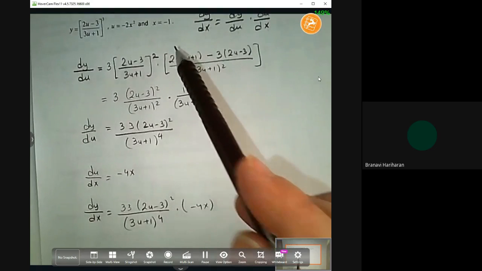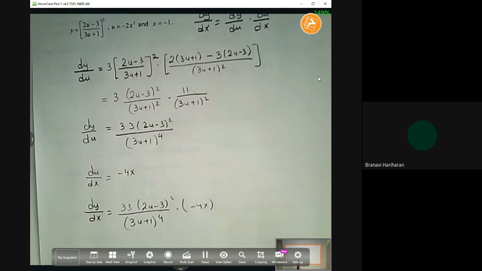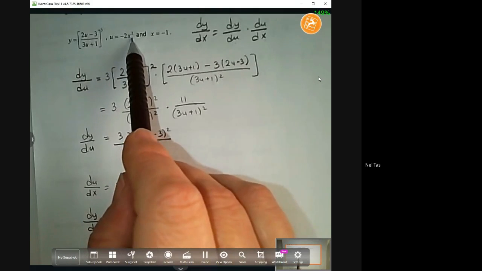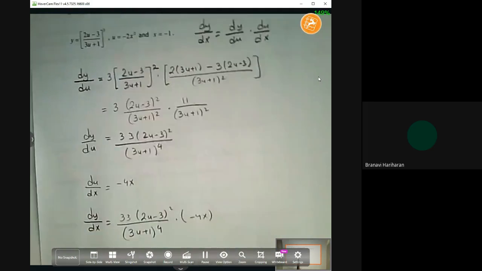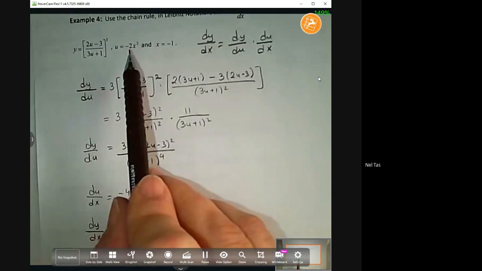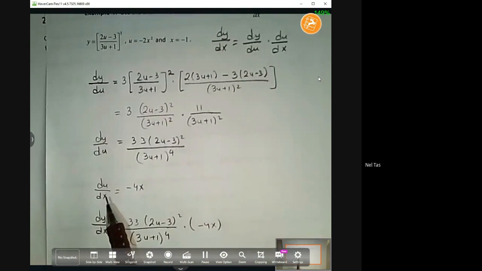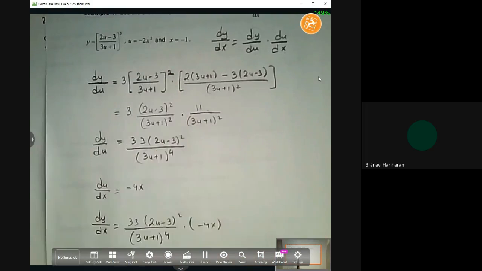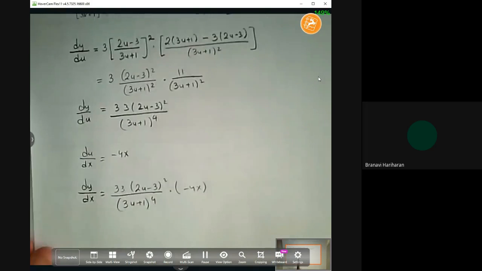But yeah, what is du over dx? Like, what did you do to get negative 4x? Derivative of negative 2x squared. Oh, okay, thank you. So u is given as negative 2x squared. So du by dx means derivative of u relative to x. So negative 4x. Thank you. Yeah. Okay,